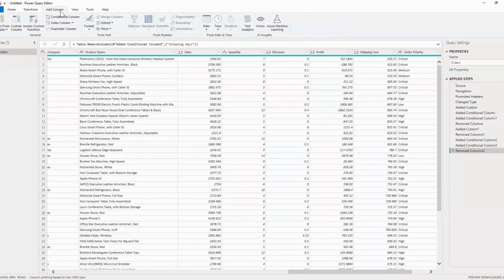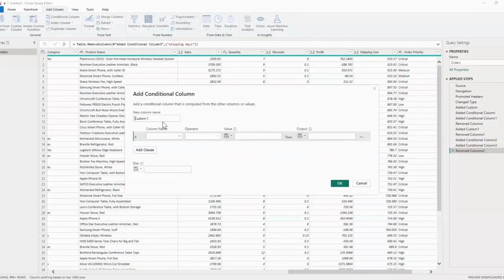So let's say I'm trying to create a conditional column and I say that if sales is greater than 3000, then show me that the sales is high. Else, if the sales is not greater than 3000, give me the value low sales. So for that, I can give the column name Sales Type. You can see here the condition if is given. I'll say that if the column name, that is Sales, and in the operator, I will write equals to 3000. Over here where it says operator, instead of this equals to,